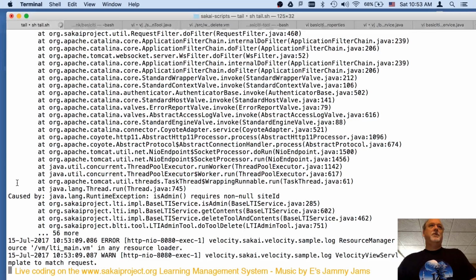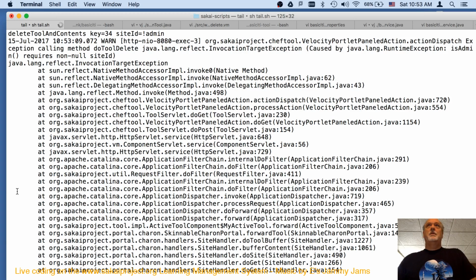Yeah, of course, trust me. Is admin requires non-null site ID.